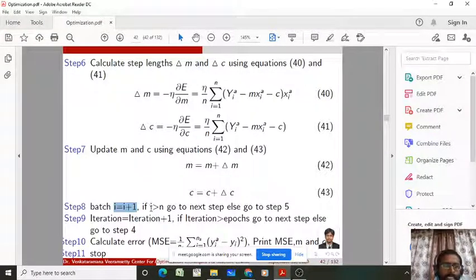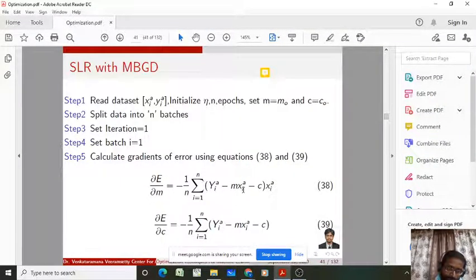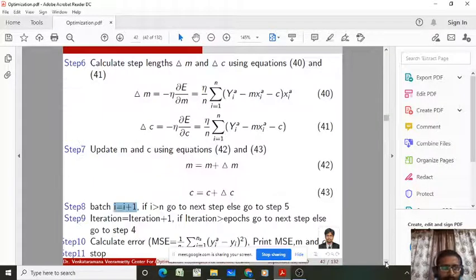Suppose your batch count is less than or equal to the total number of batches, then you have to go to gradient, step 5. Again you have to calculate the gradient for the current batch, right?